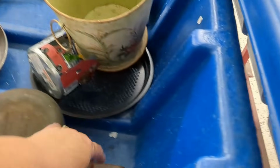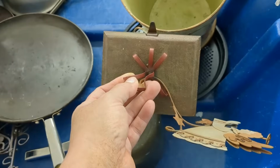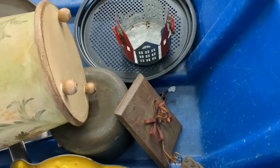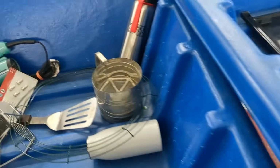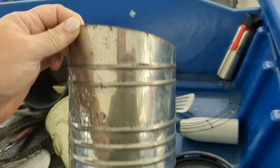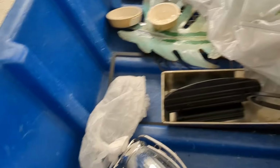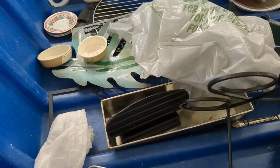I found some good things in this bin. I found a vintage flour sifter. And I think that's also where I found my colander, which you'll see. That's a waste paper basket there, and I'm always tempted to buy things like that. There's a flour sifter that I haven't picked up yet. Oh, there it is. Yeah, I picked it up. I put it in my cart. I got it. That's going to my sister. Ugh, I love you, Evelyn. Seriously,